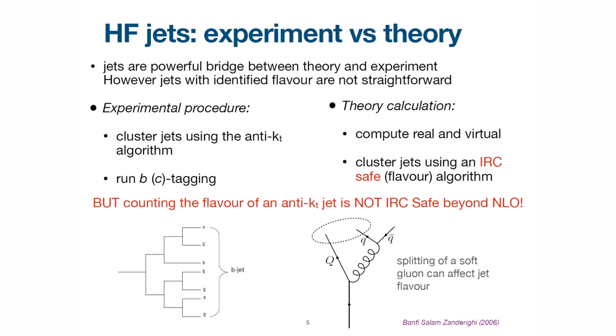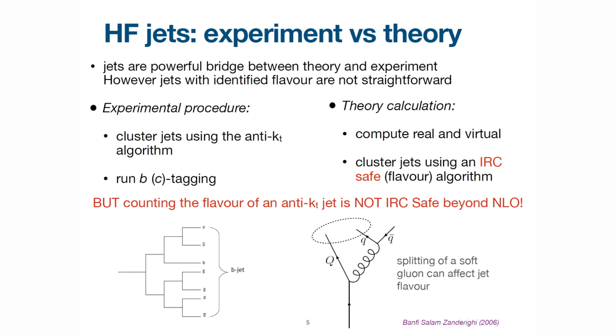So, what an experimentalist usually does is define jets this way. You run a jet algorithm, which at the LHC is 99.9% of the time the anti-kT algorithm. And once you have your anti-kT jets, you run a B or a C tagger. So first you start with anti-kT, and then you ask yourself, is there a B jet? Is there a C jet? Is there a light jet? Now, from the point of view of the theory calculation, using anti-kT is not so crucial. What you really want to do, because you're computing real and virtual, is sum them and find final results. And so you want to define jets using an IRC-safe flavor algorithm if you want to do flavor jets.